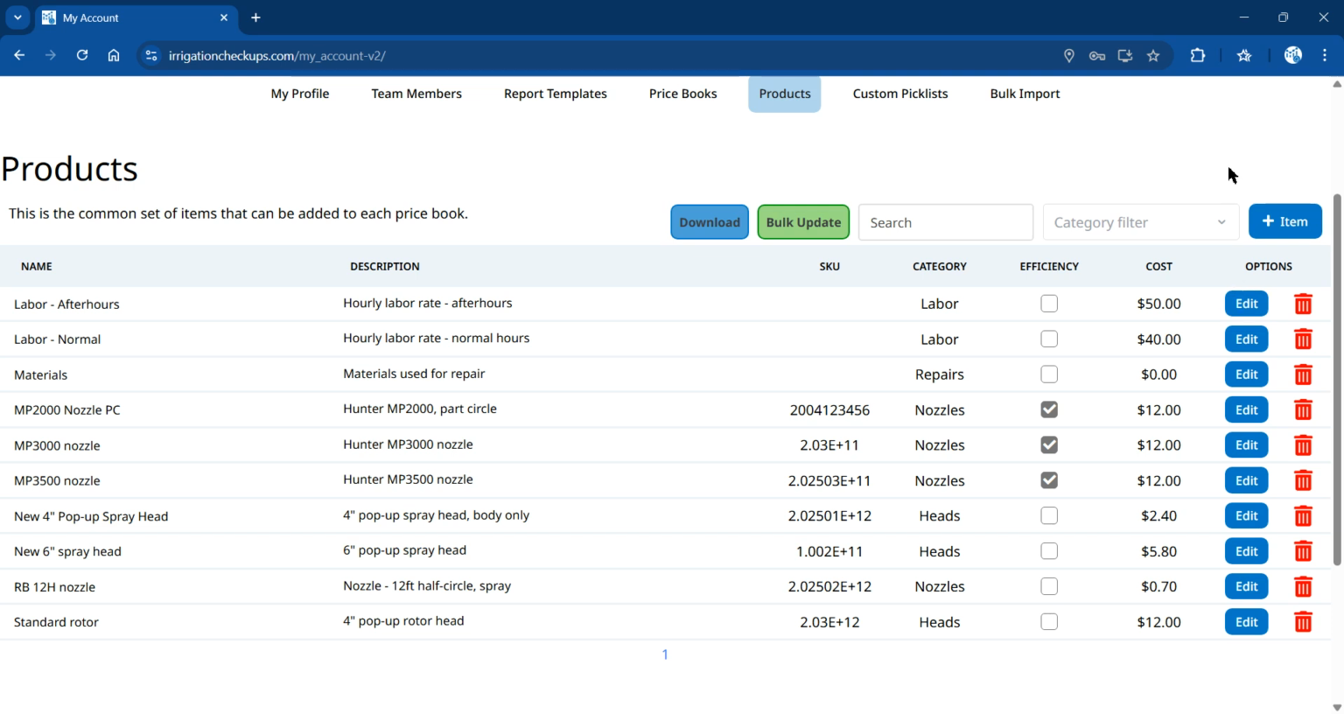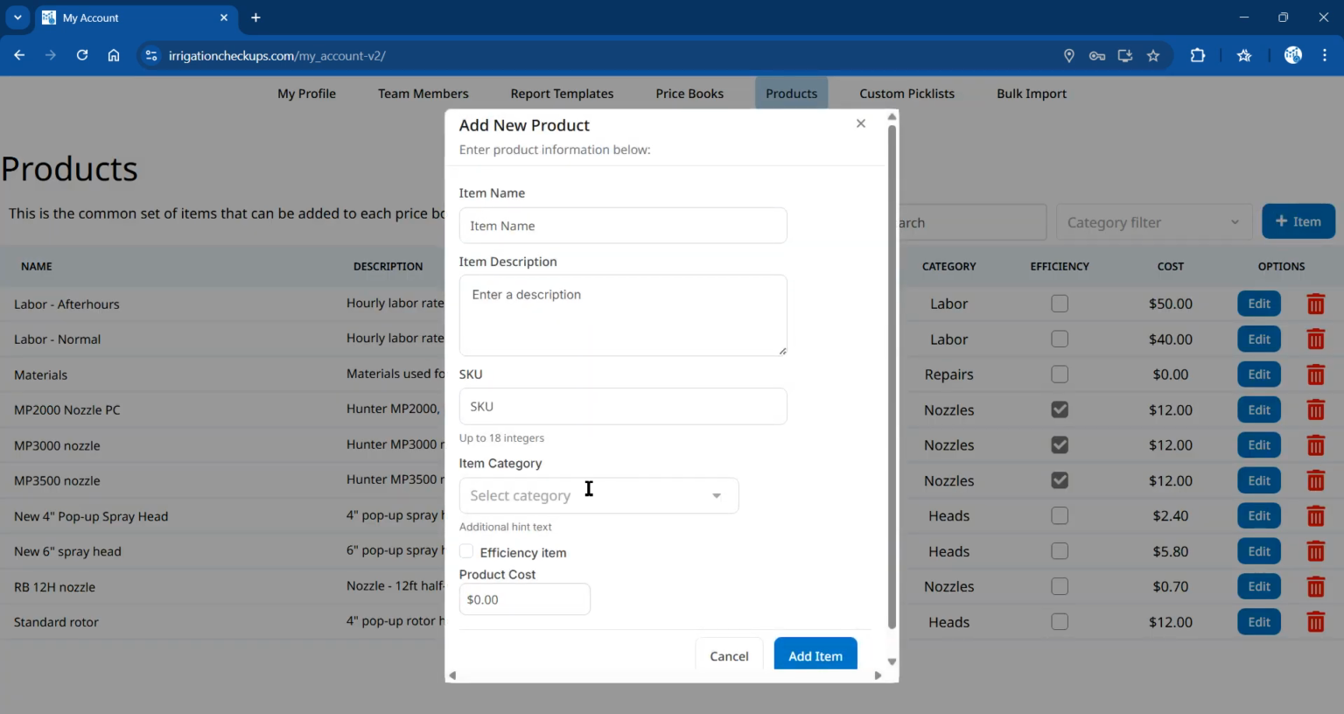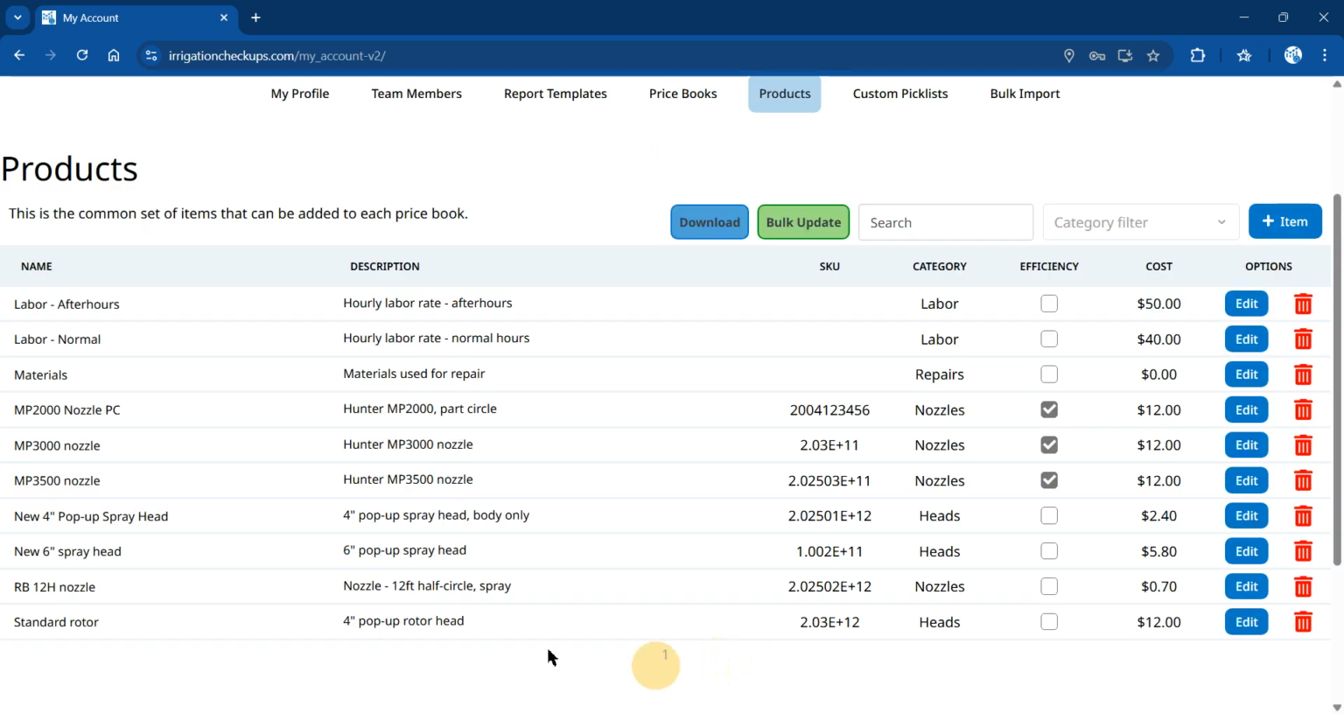To add a new item, you have two options. One is to use this plus item button. You click plus item and you can add the information. So that's kind of the manual way of doing it. The other option is to use the bulk update